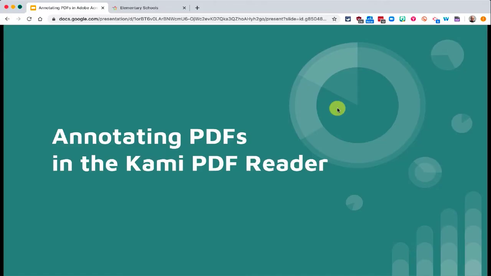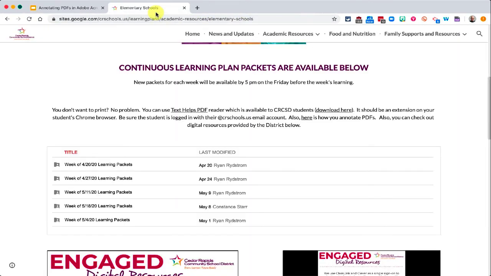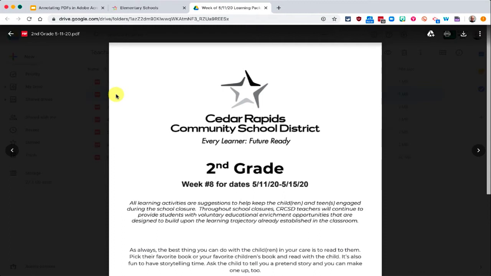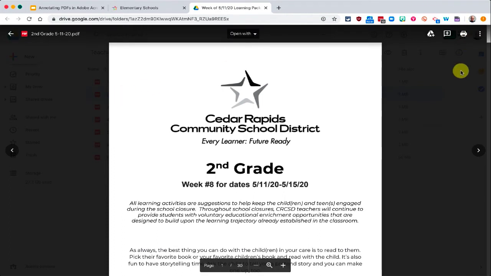In this short video, I am going to give you a quick overview of how to annotate PDFs in the Kami online PDF reader. So we're going to start here at the school website and open the folder with the learning activities. I'm going to click on the one that I would like to annotate on,